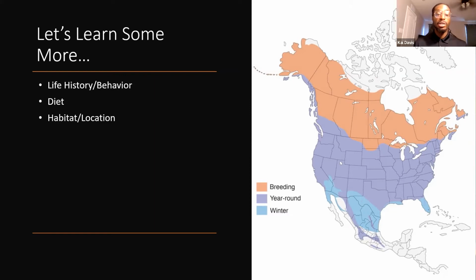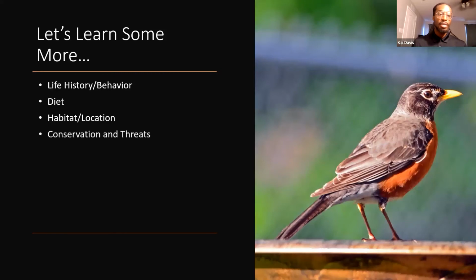And then during the winter, many robins may move to moist woods where more berry producing trees and shrubs are found. So they're found all across the continent in gardens, parks, yards, golf courses, fields, tundras, forests, shrublands, all around. So within conservation and the threats, robins forage largely on lawns, so they can be quite vulnerable to pesticide poisoning, and they can be an important indicator for chemical pollution as well as other urban